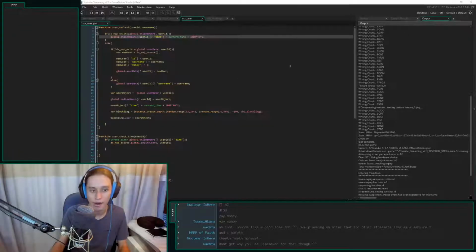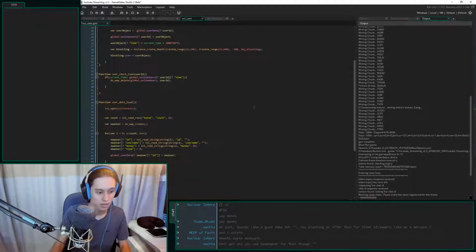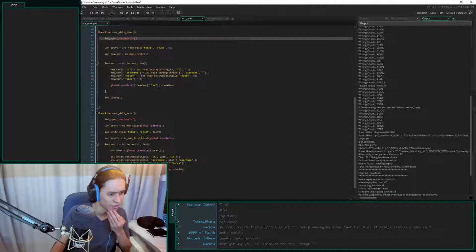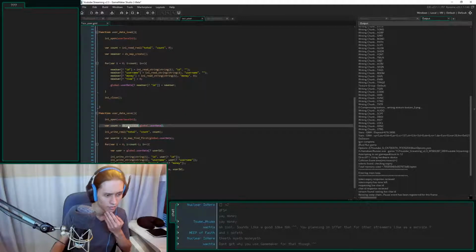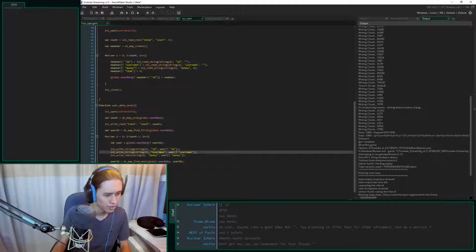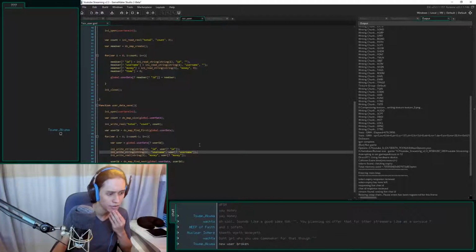Okay, that could be an error that I might need to fix. That's funny. I am saving it though, right? I'm saving it every second. User data save. Count, total count, user ID. Let's actually... Yeah, new user might be broken.